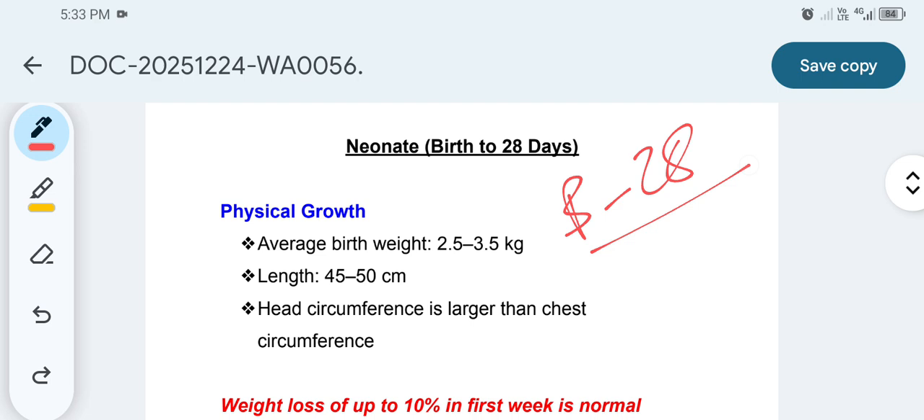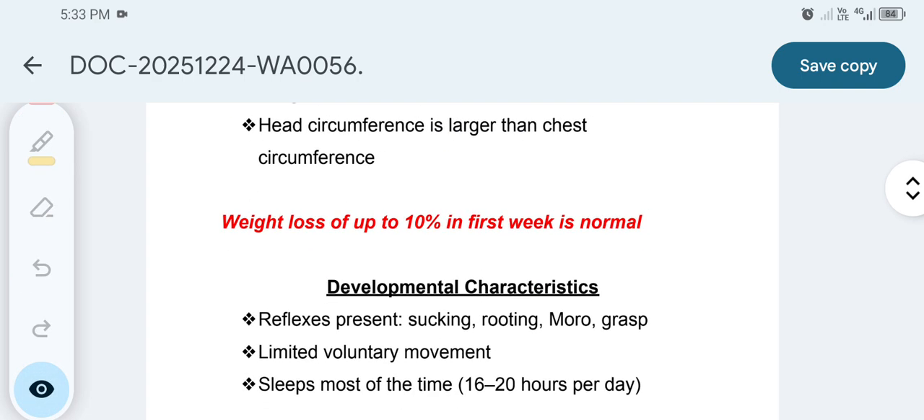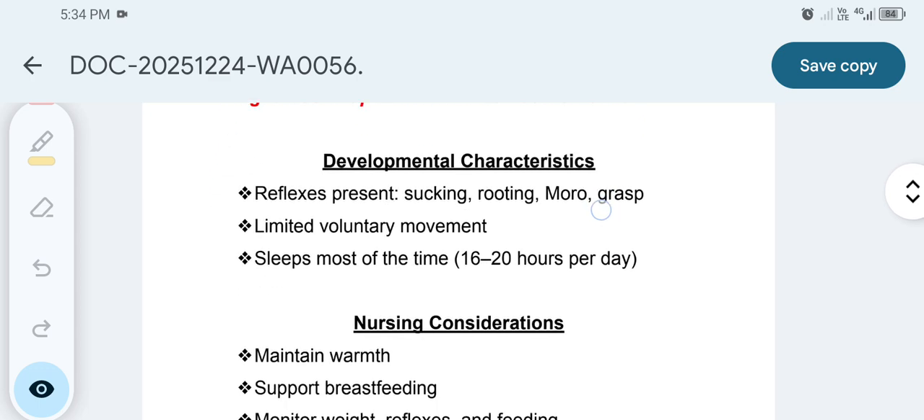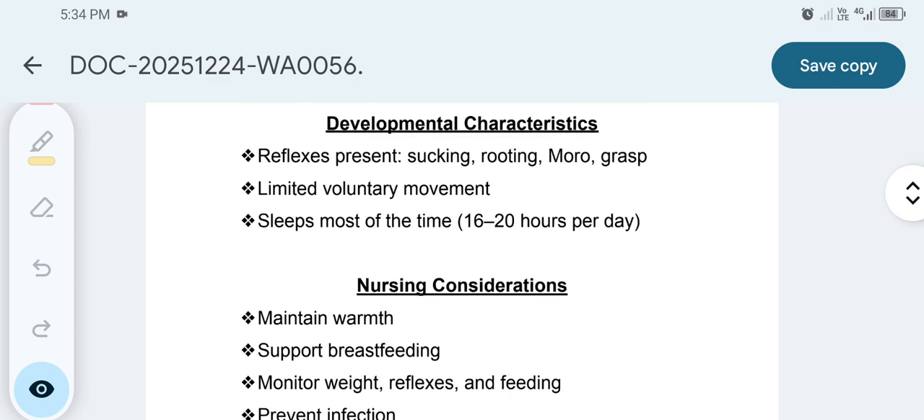Length 45 to 50 centimeters. Head circumference should be larger than the chest circumference that we discussed in the last session. And we also said that the weight loss of up to 10% in the first week is normal, and I explained all this one. Okay, we also looked at the developmental characteristics, what happens to a neonate. We looked at the reflexes present. We looked at the sucking, the rooting, the moro, and the grasp. So you should know these reflexes, just like the way we discussed them in the previous session. Know them, because they'll ask you about these things, and you should not